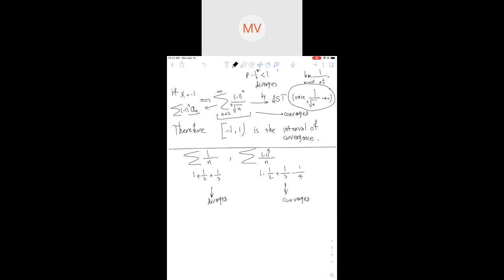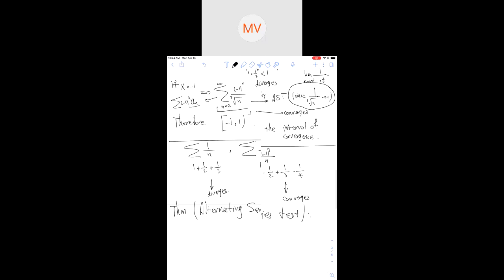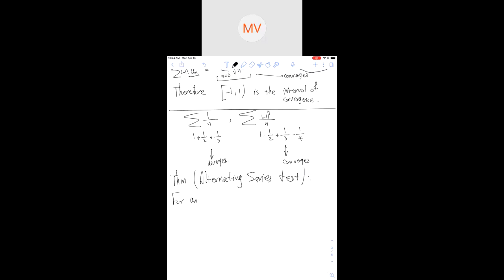Let me mention something here. Why do we have to do more tests? I think you're missing the point of alternating series. We had a theorem called the alternating series test, which said for an alternating series of this form, (-1)^n a sub n, from 0 to infinity,